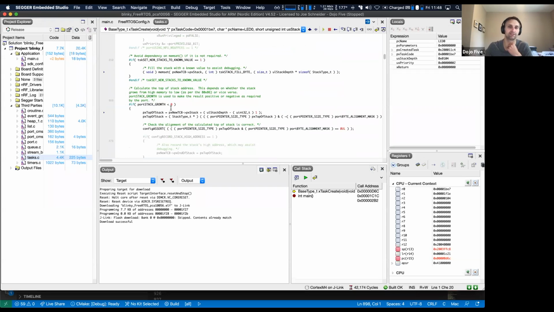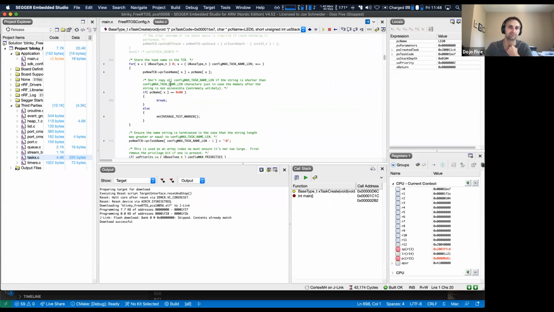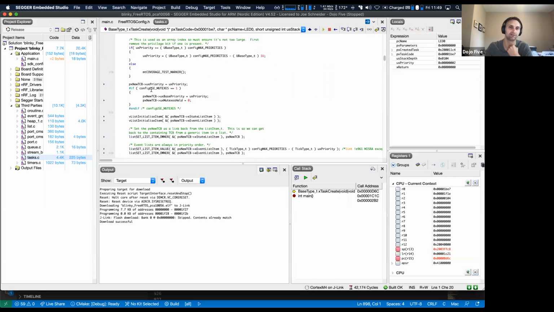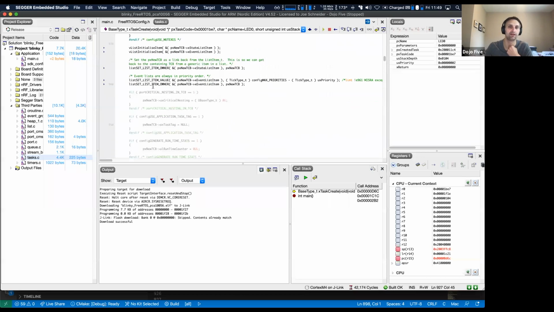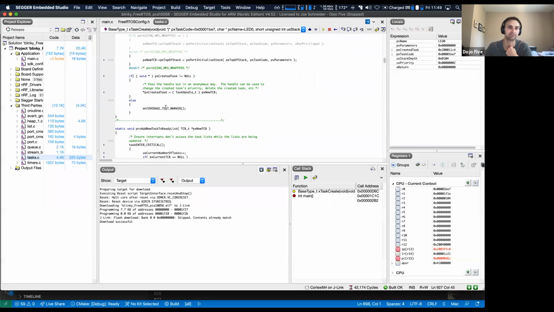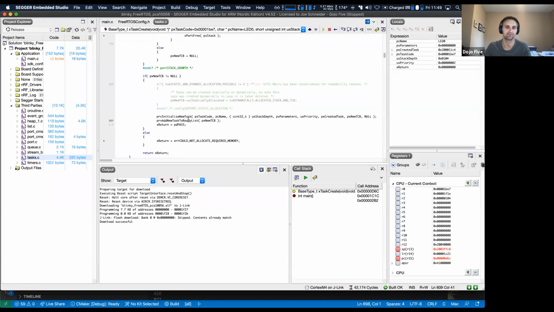We've got a number of different items happening here. I think the main thing here is, well, here we're storing the name in the TCB, storing the priority, and setting up the mutex related base priority and how many mutexes it holds, and then saving it to the list. And that's basically once we're done with that, then the task is all initialized, the task control block's all initialized, and then we're ready to add it to the ready list, which is part of the